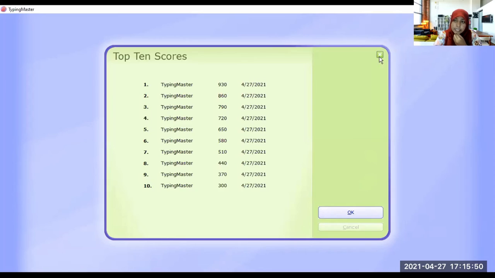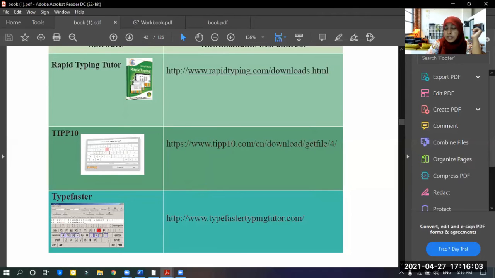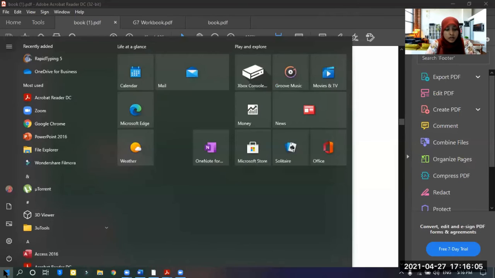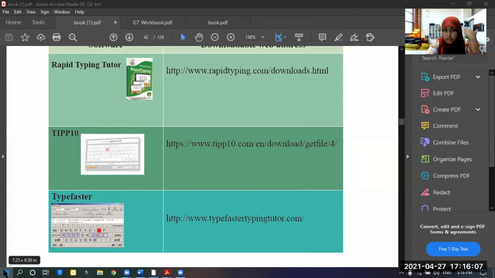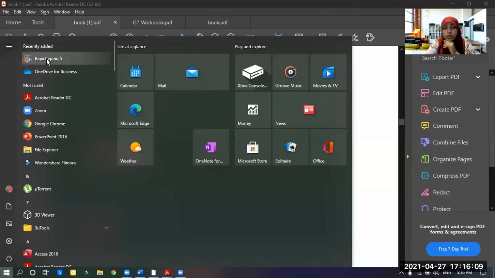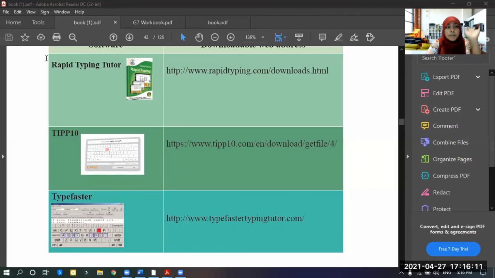Right. The next software is the rapid typing. Okay, I will show you the rapid typing also. This one, the rapid typing. So it is already here.